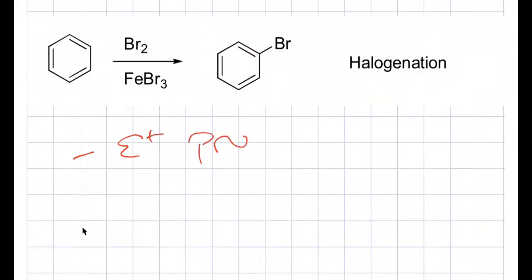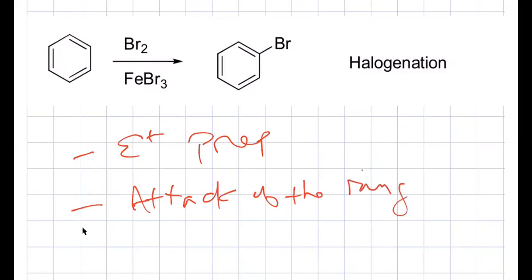Electrophile prep is going to be the first step in each one of these reactions. And then attack. So the ring attacks the electrophile, and then the final step, which is the crucial step,